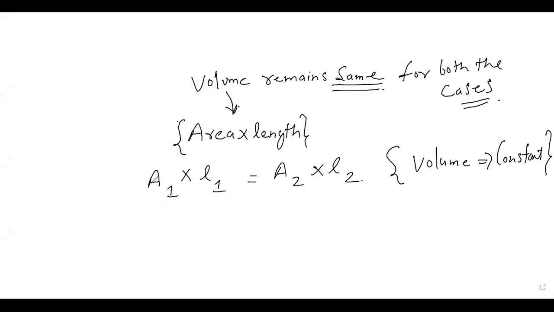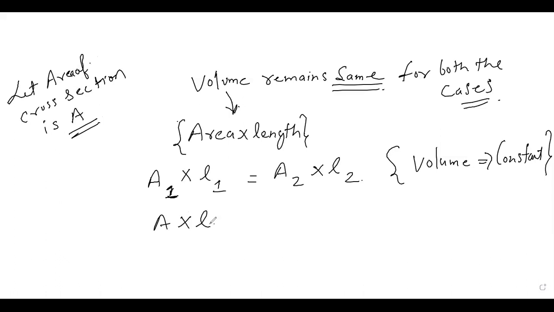When I talk about A1, let's take it as A1 itself, or if you want to generalize, let the area of cross section be A. So A into length L. Now we are interested in this area too. This multiplied by the new length, which is 3 into L or 3L, because